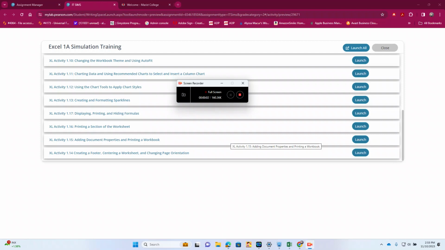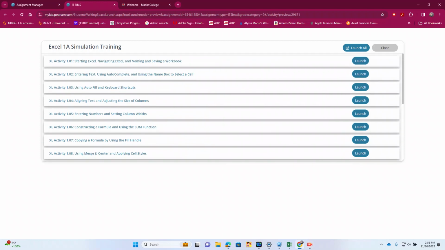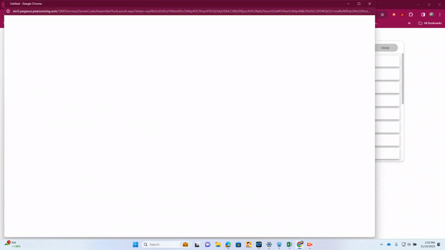Alright class, here goes the Excel 1A simulation training. As I told you today in class, we go in order to 1.13 and it jumps to 14, so I'm going to do these one at a time. So starting at 1.1,